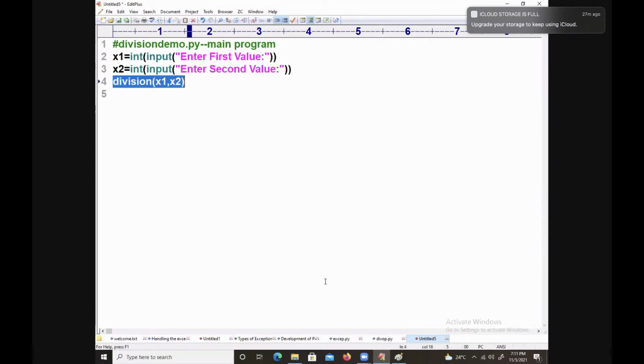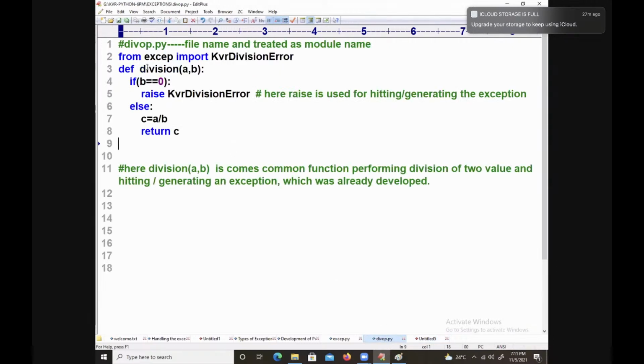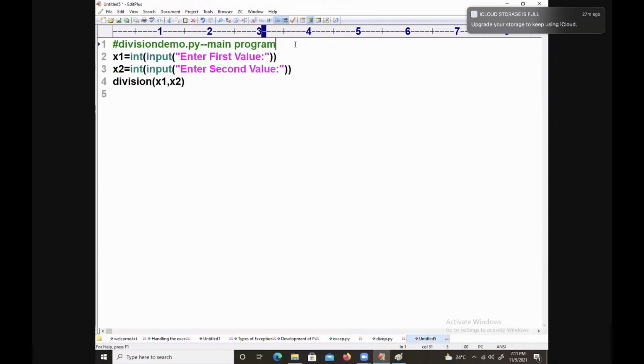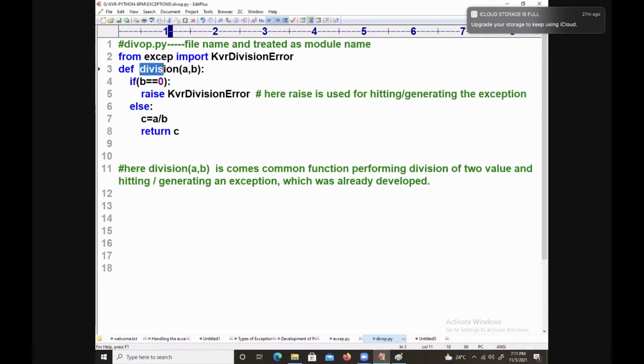Division is a function which is present in where? div op dot py. We need to import that also. From div op import division.